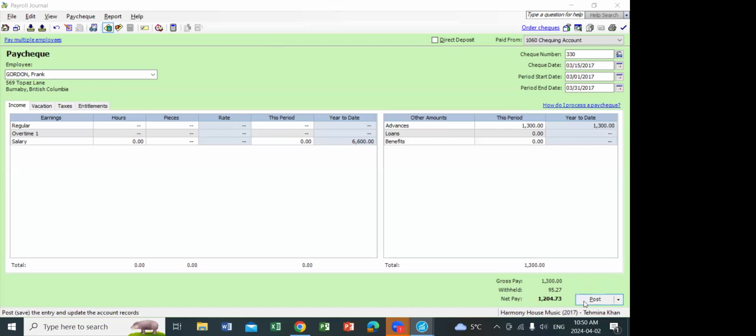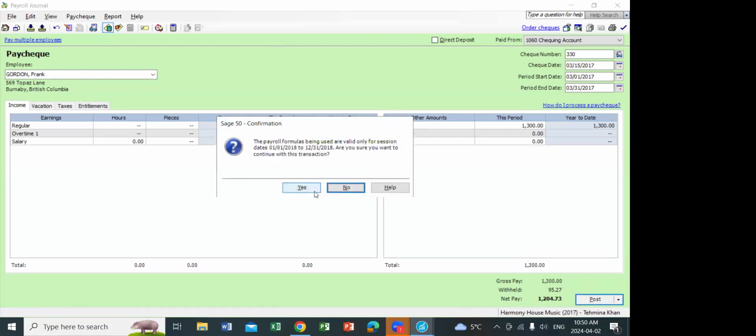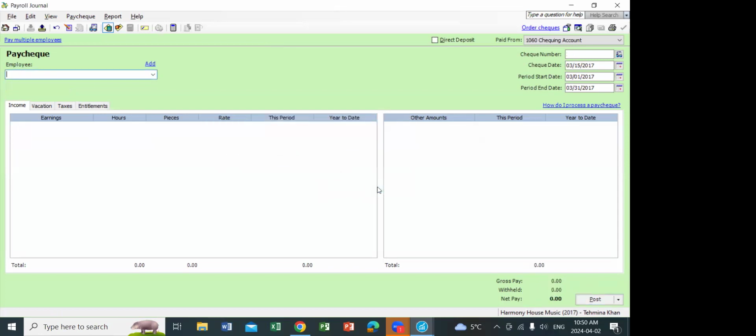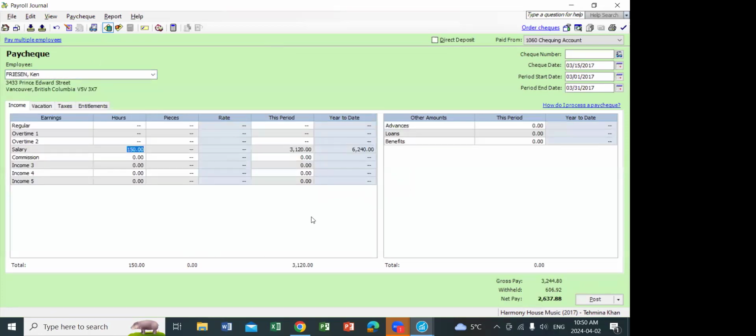So we are going to click post to post that one. And every time you receive a message about the payroll formulas, just accept that. Okay, so that creates the month end paycheck. Now for the month end paycheck, we are going to select Ken again, and we click anywhere on the screen. So you guys, you will notice that